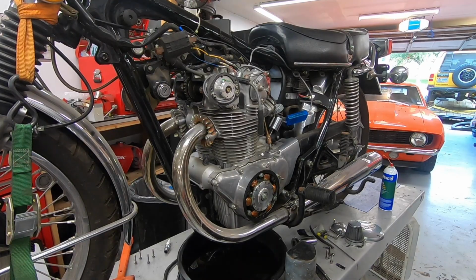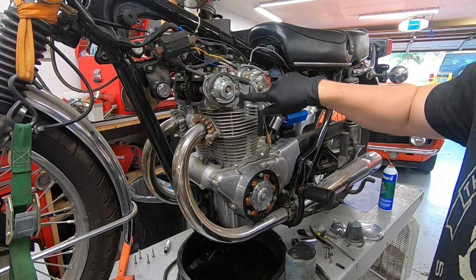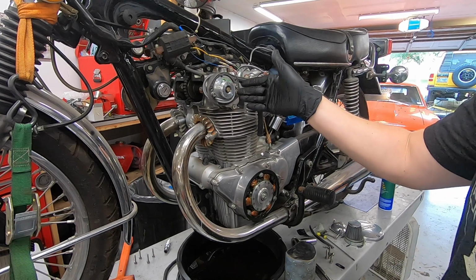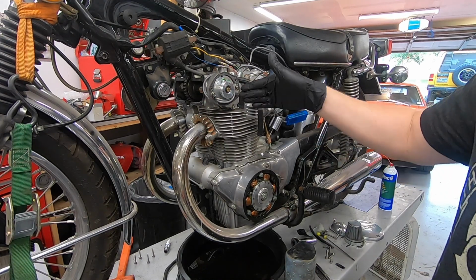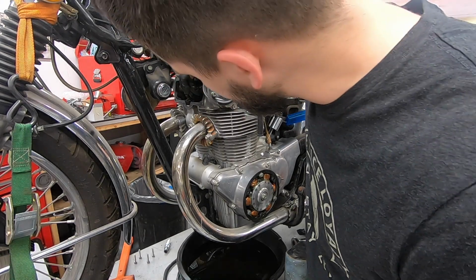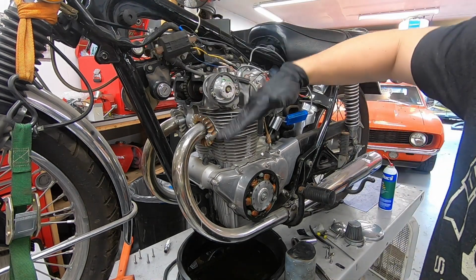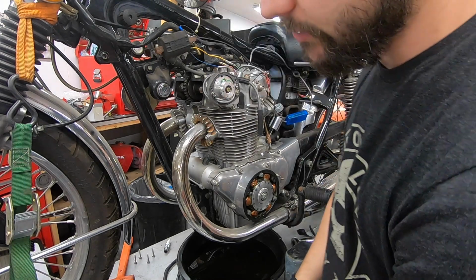To give you the quick rundown of how I'm going to adjust the valves, there's actually kind of like an eccentric, I guess you'd call it. So there's a lock nut with a little piece right here with a tab on it. That actually rotates and changes your clearance up and down. In the back here, I know you won't be able to see it, but there's the actual lobe of the cam, the kind of follower on there,